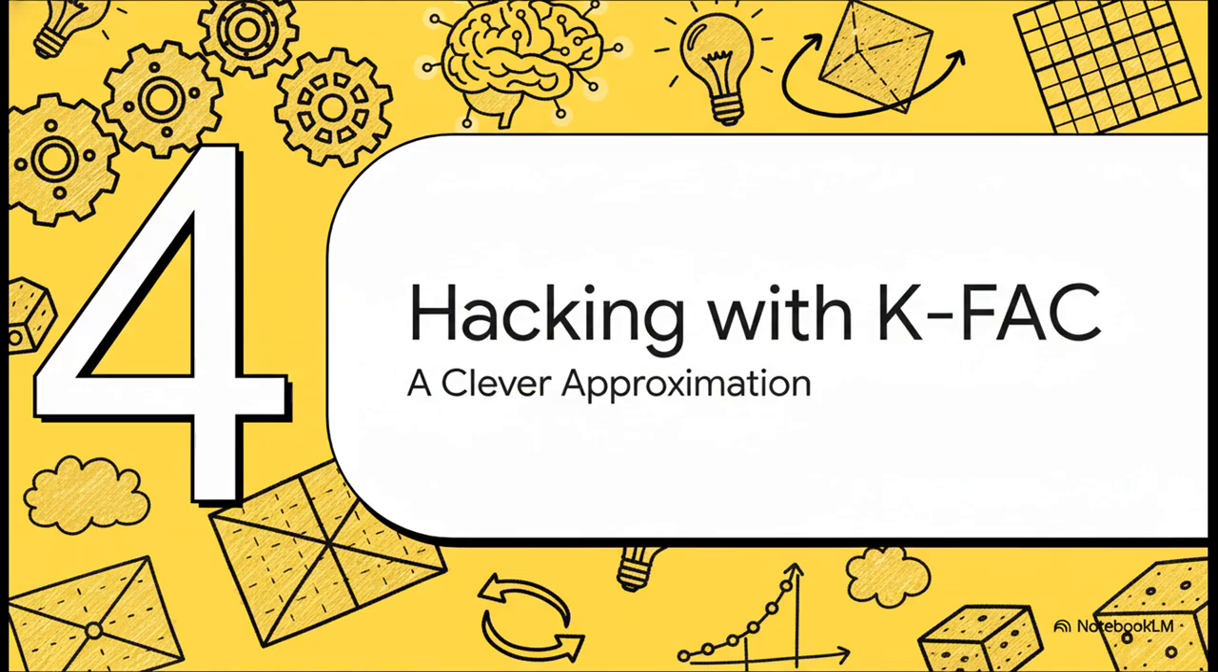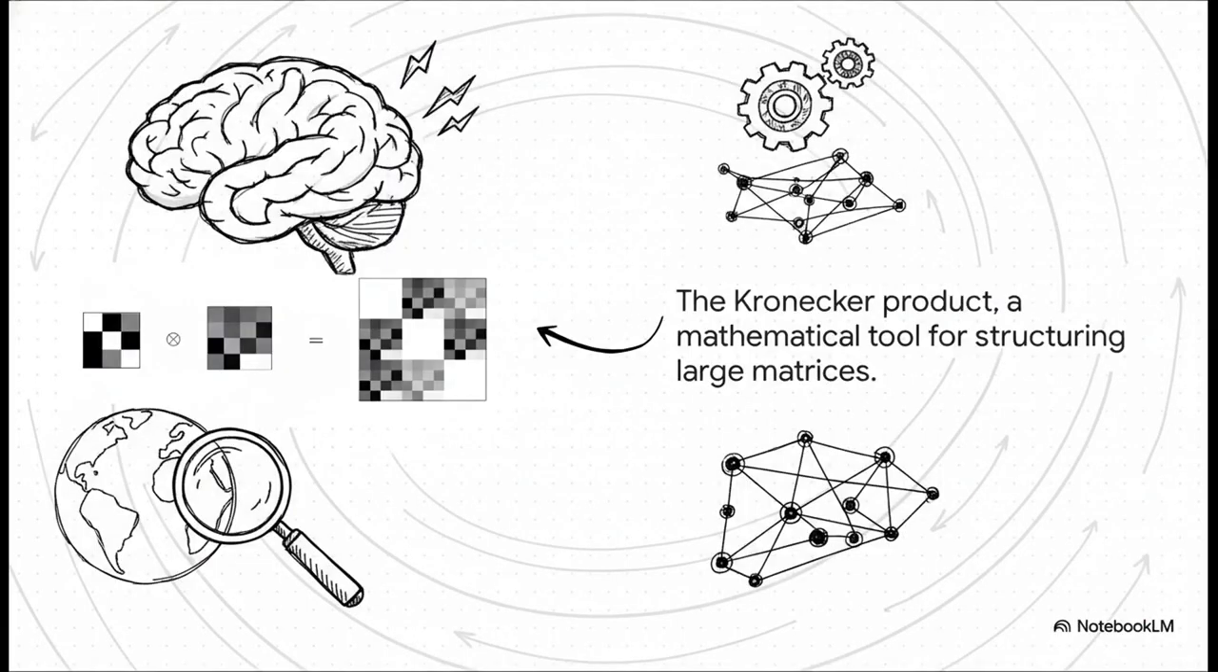We find a workaround. And this brings us to our very first hack for approximating that perfect map, something called KFAC. The method is called KFAC. It stands for Kronecker Factored Approximate Curvature. It's a mouthful, I know, but the idea is based on a really cool math tool called the Kronecker product. Think of it like a clever way to build a huge, really complex pattern by just repeating a much smaller, simpler pattern over and over. This lets KFAC create a simplified, much more manageable version of that